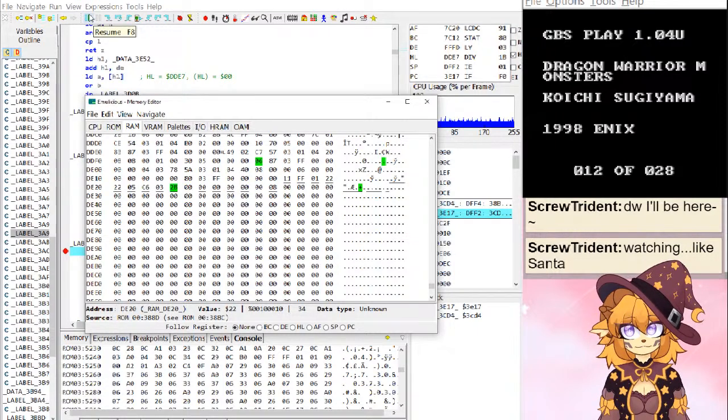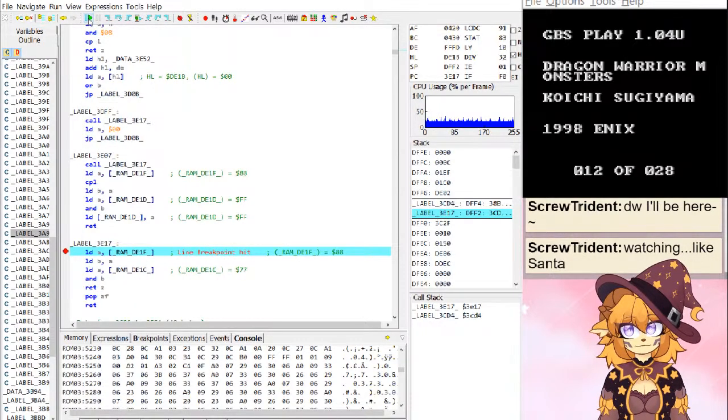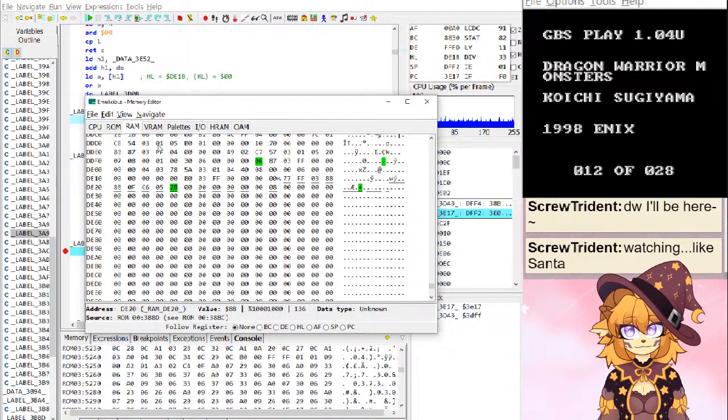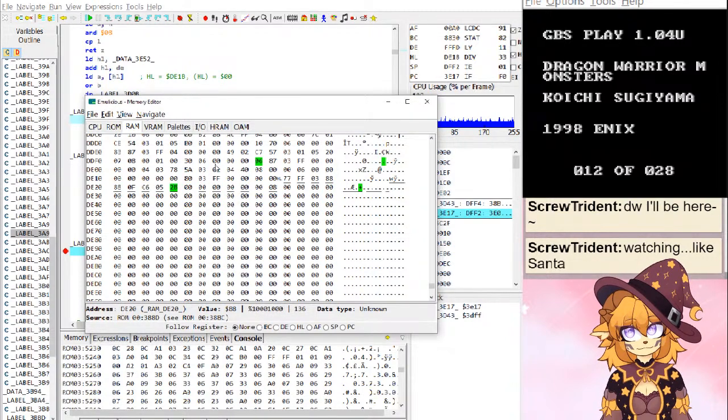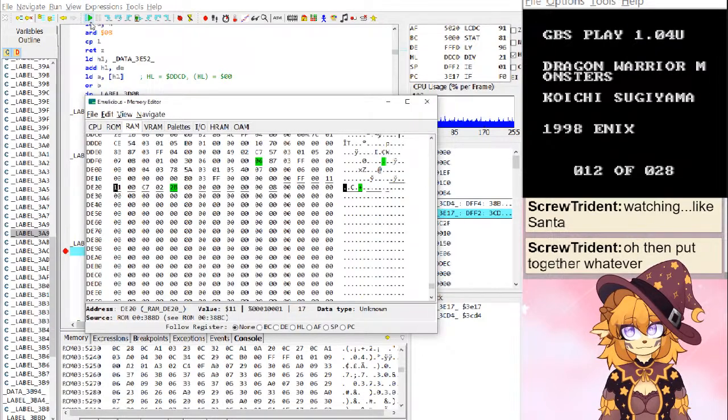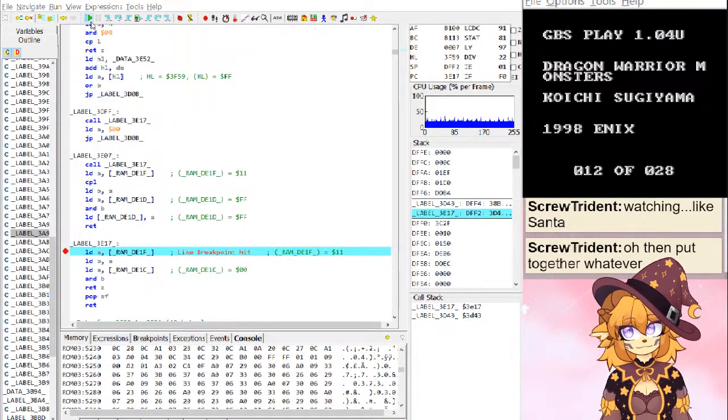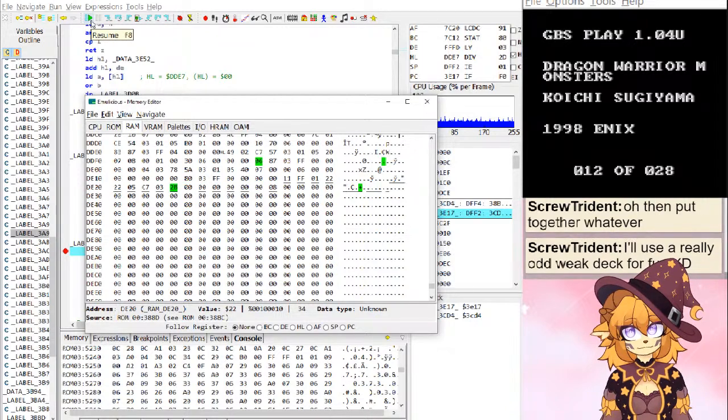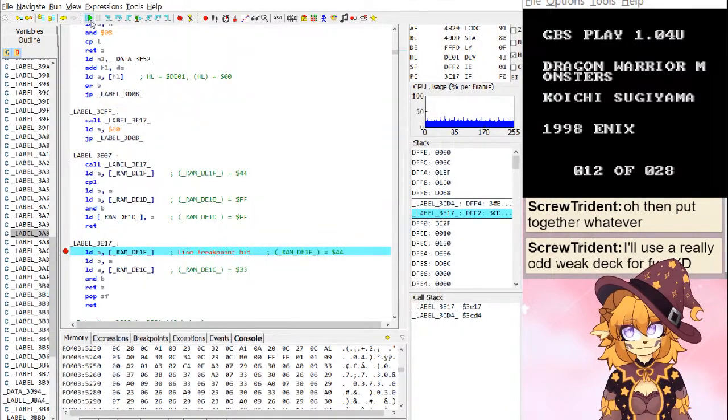Is it actually playing? I have no idea. It does not seem to be doing anything while I'm doing this, but... $11, $11, $22, $22, $22, $44.